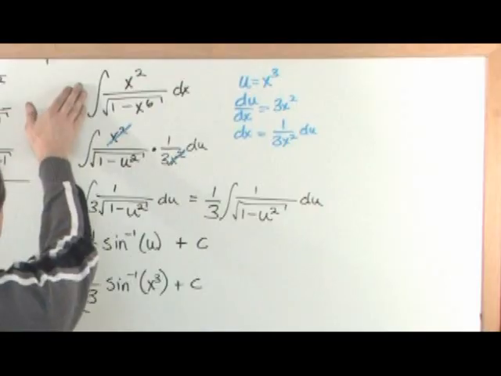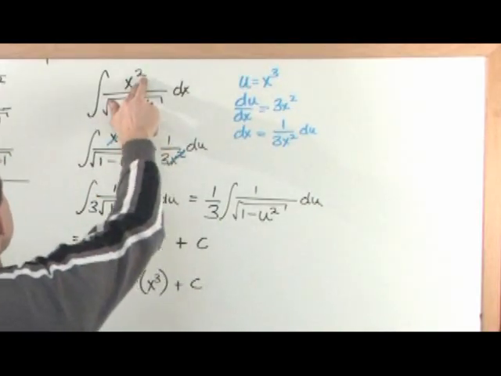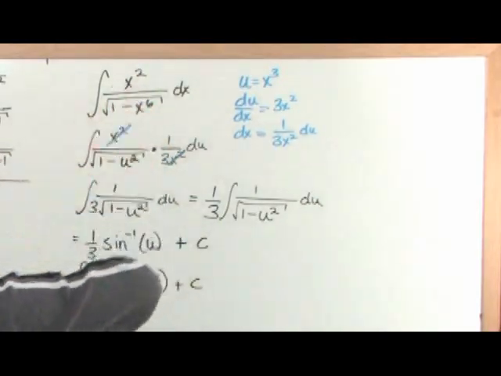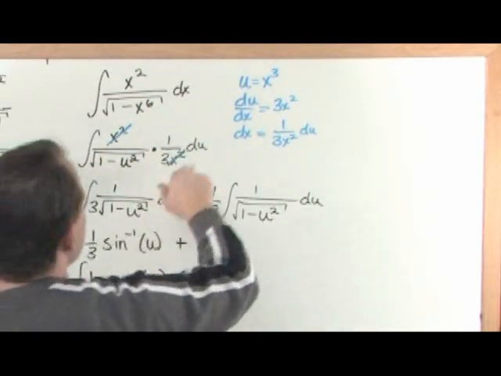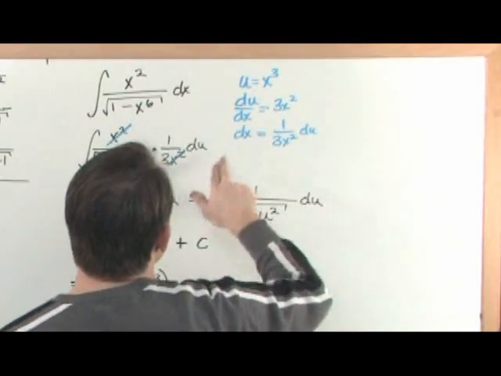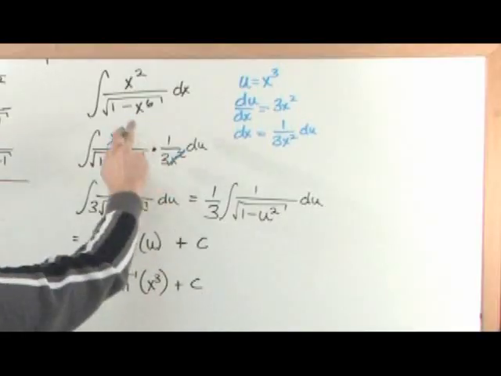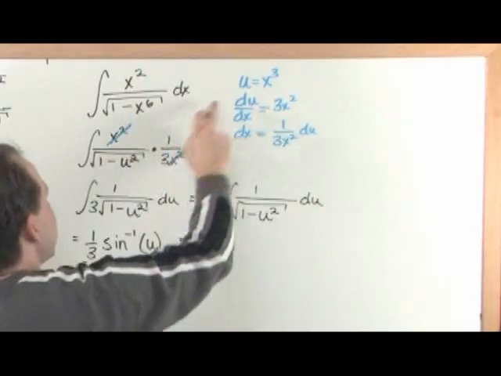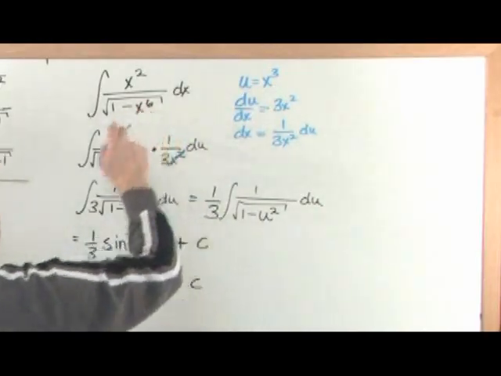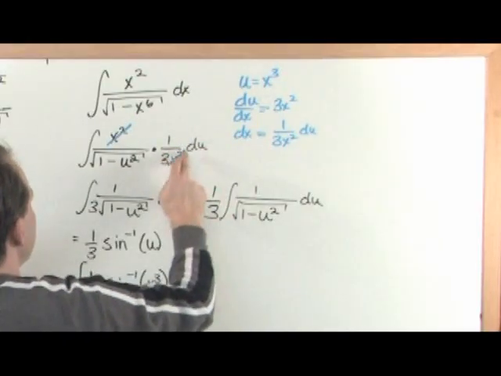Okay, so we started with an integral here. We couldn't really find anything that matched up with it in the table to help us, but we noticed right away that we had an x squared and an x to the 6th power and an x squared here. So if we define u in terms of x cubed, and we take the derivative giving us 3x squared, solve for dx giving us 1 over 3x squared, then when we did our substitution and put in terms of x to the 6th power, we put u squared, because u being x cubed squared gives us what we had. Then when we put dx in, which is what we found here, we had a cancellation,